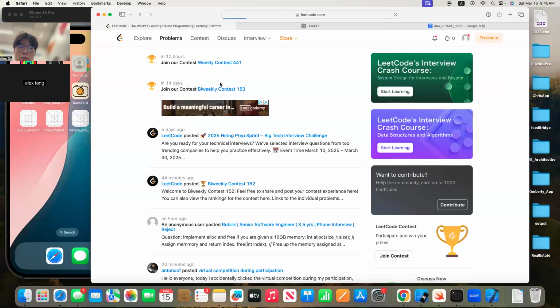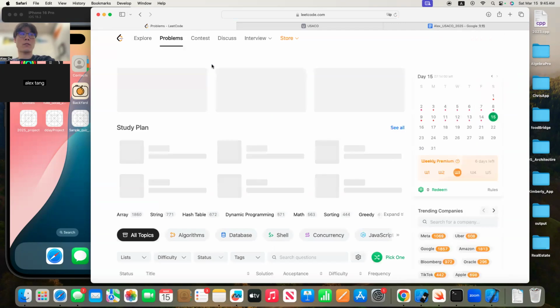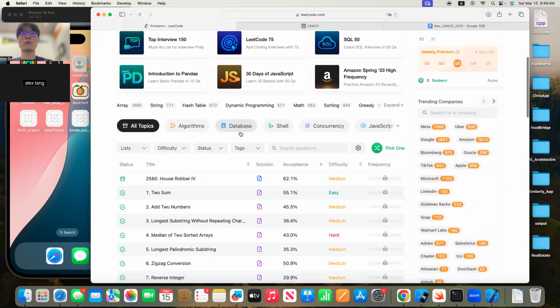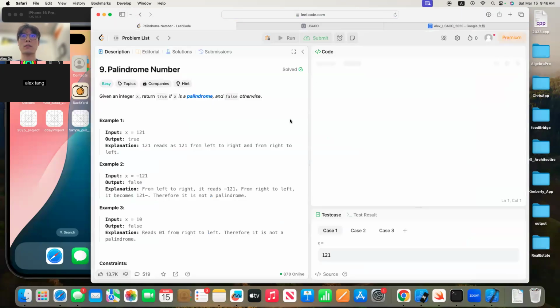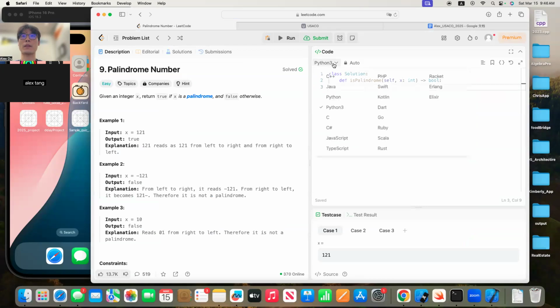So there is a question, the palindrome number, which is number 9. This is an easy question. It returns either true or false. So the very first step: if x is less than 0, we basically return negative,